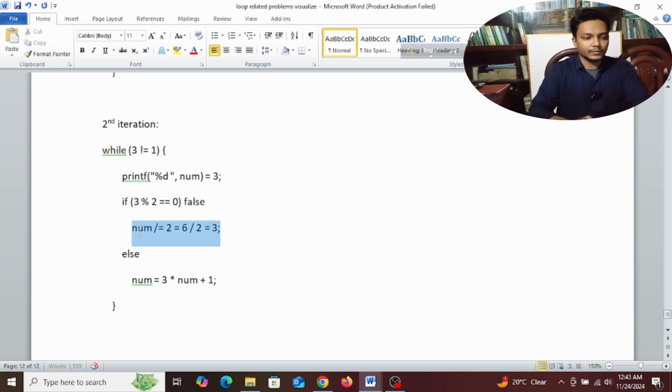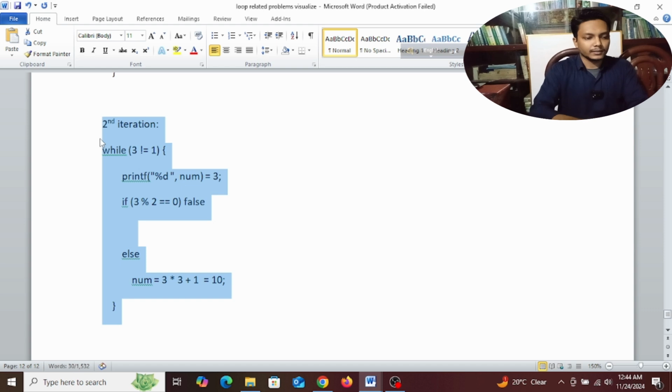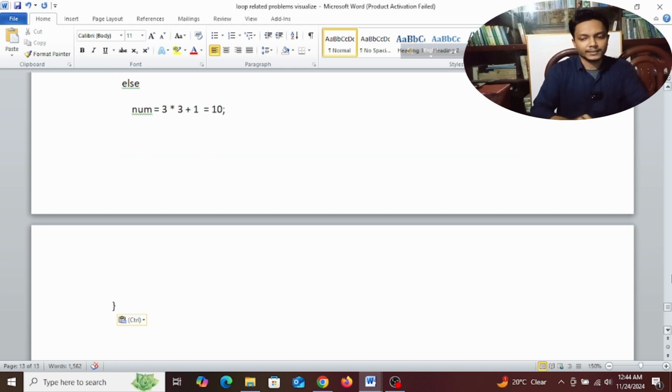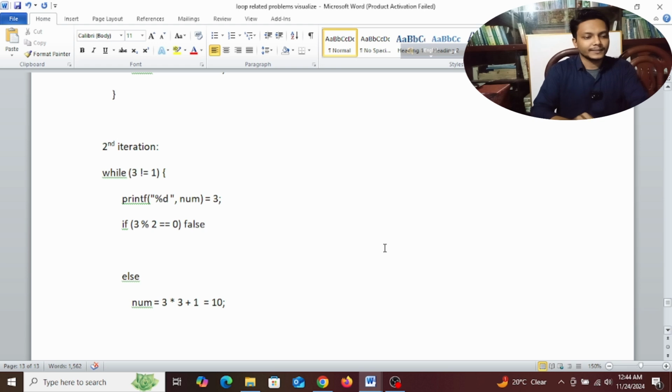So we can erase this one, and number equals 3 times number plus 1. So 3 times 3 plus 1 would be 10, guys. Let's see how many iterations it takes, and it will be really fun. So for the third iteration,